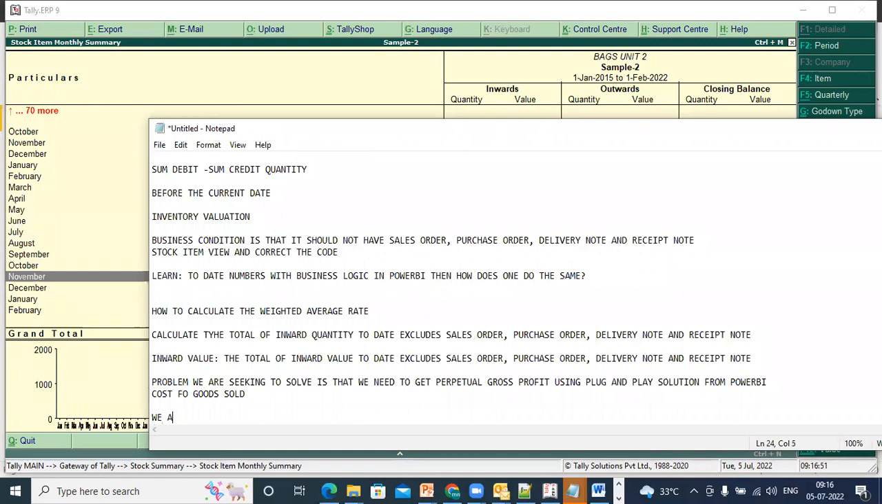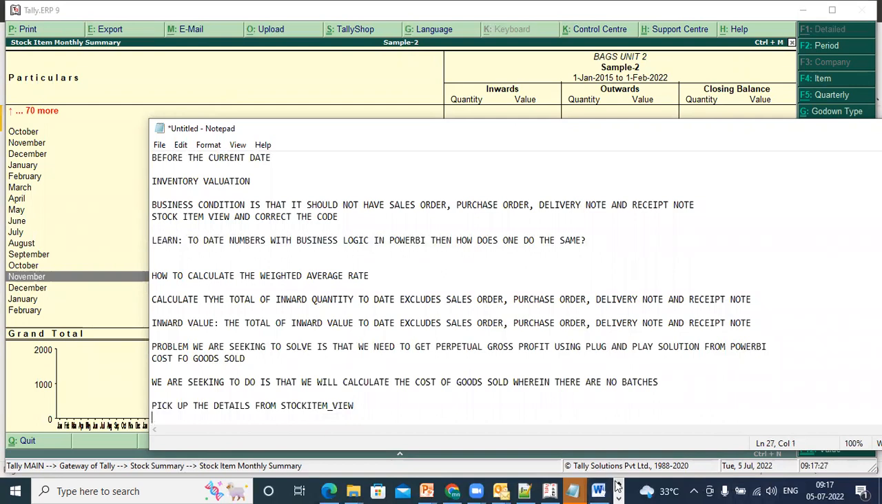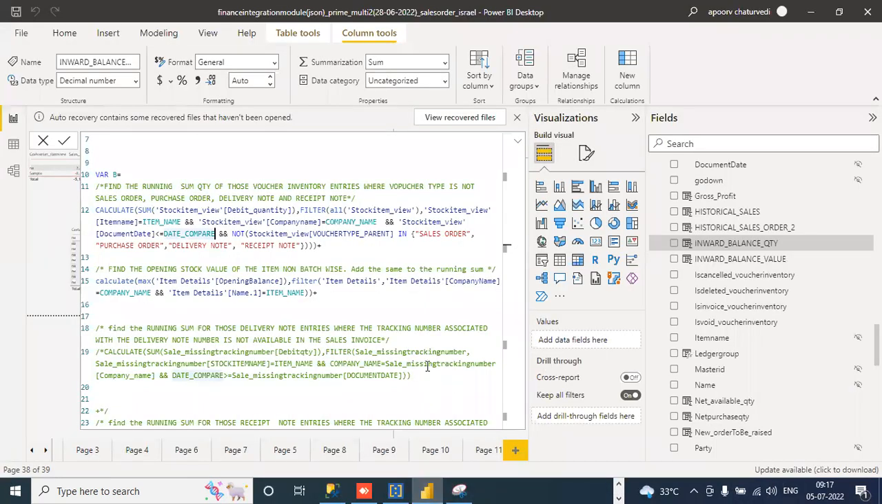So what we are seeking to do is that we will calculate the cost of goods sold wherein there are no batches. So if he is not using any batches, then you pick up the details from stock_item_view. देवज्योति क्लियर है कि नहीं है? रितेश क्लियर है कि नहीं है? Yes, sir. हाँ बेटा,